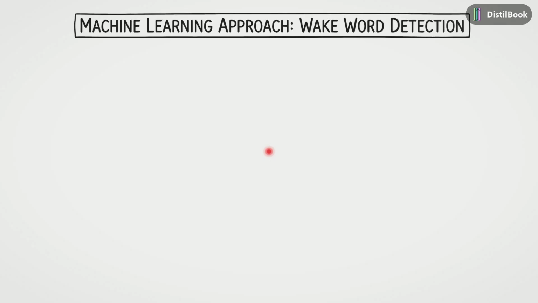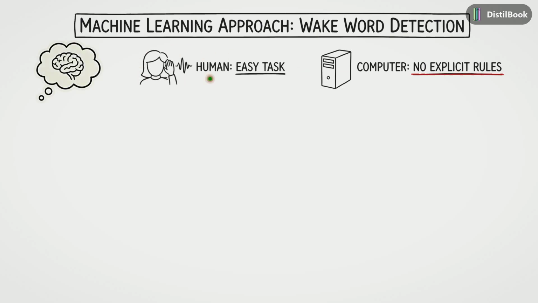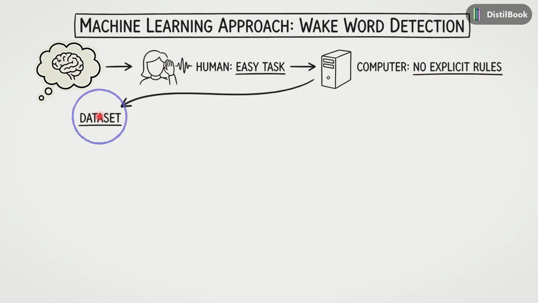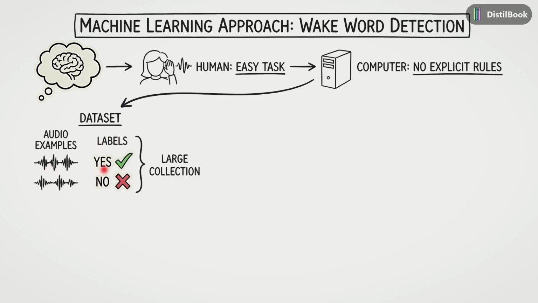The machine learning approach completely changes how we solve this problem. Instead of struggling to write explicit instructions for the computer, which has no explicit rules for hearing, we rely on the fact that, for us, recognizing speech is an easy task. We leverage this human capability to build what we call a dataset. This is simply a large collection of audio examples, like recordings of people speaking. Crucially, each recording is paired with labels, a yes if the wake word is present, and a no if it